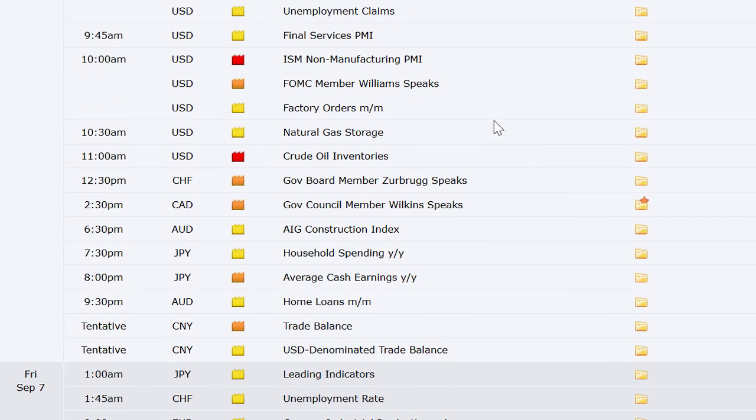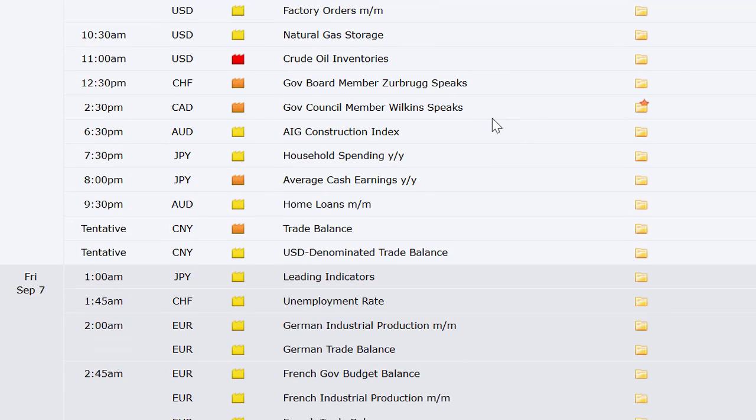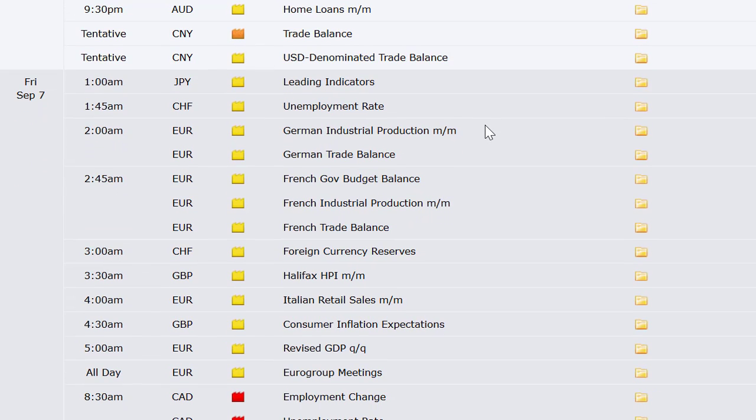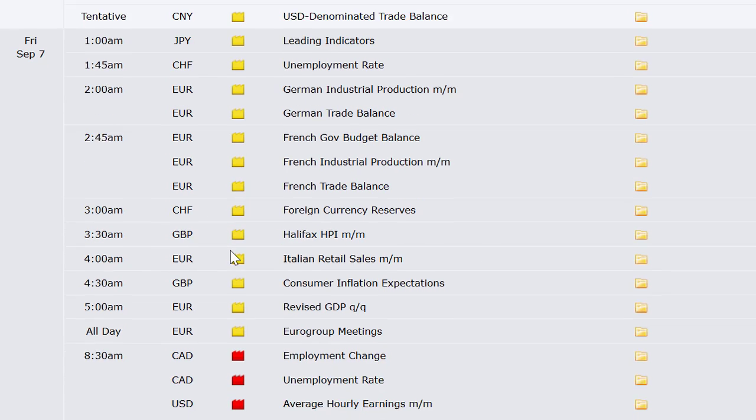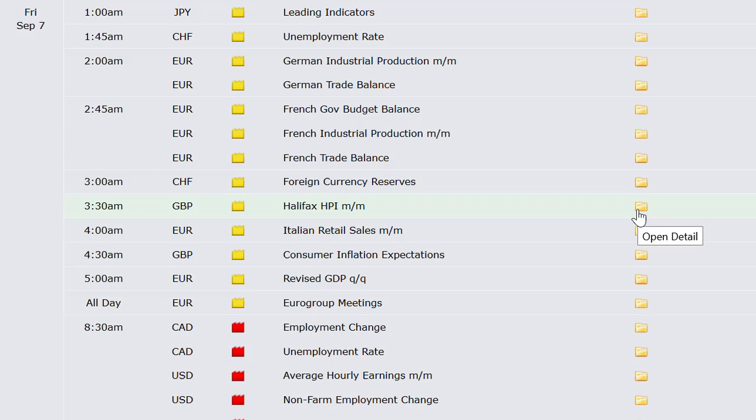Japan's household spending and average cash earnings, home loans out of Australia, trade balance out of China. Leading indicators out of Japan, the unemployment rate out of Switzerland. Now remember, these are all September now. We're in September all month, all week. German industrial production and trade balance, French budget balance, industrial production and trade balance. Foreign currency reserves out of Switzerland, Halifax HPI out of the UK, Italian retail sales, consumer inflation expectations out of